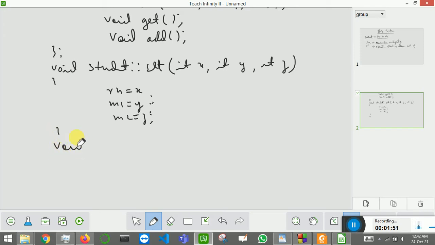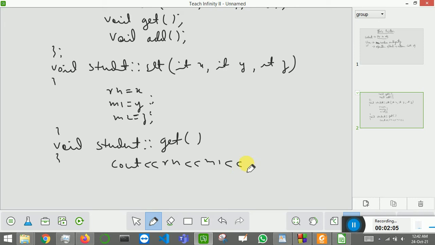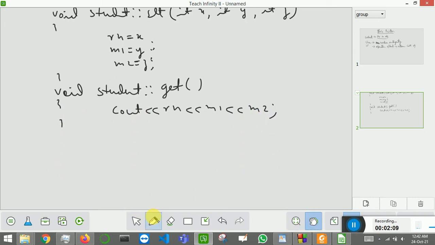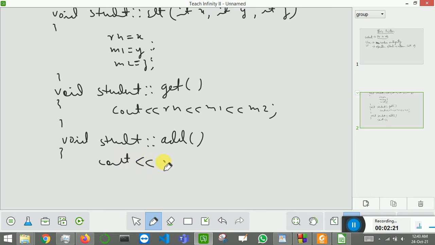Next I will write the get function, void student get. This get function will print all the variables: cout roll number, m1 and m2. Now next is the add function, void student add. This add function will print the sum of these two variables, cout m1 plus m2.